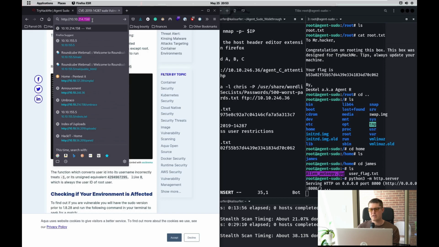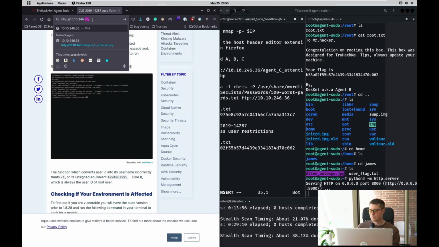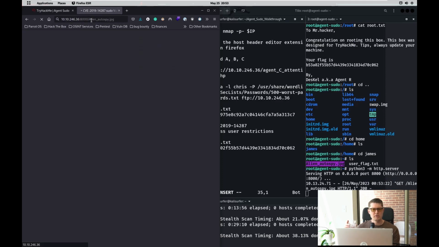All right, so we'll grab that file here, making sure we put in port 8000 for that simple HTTP server,